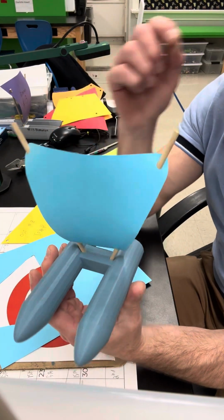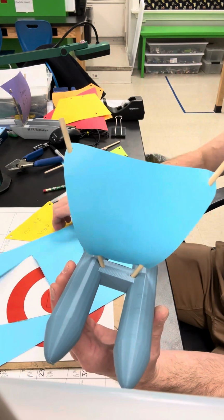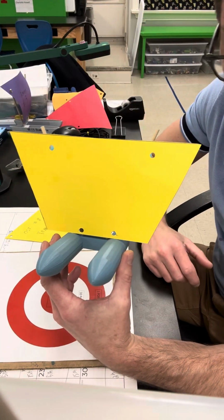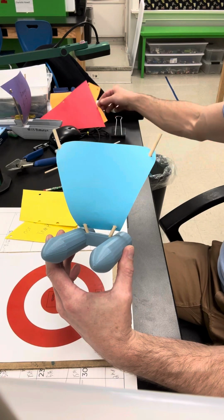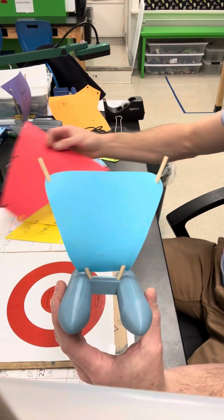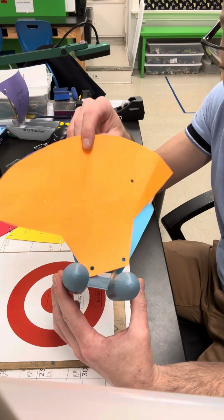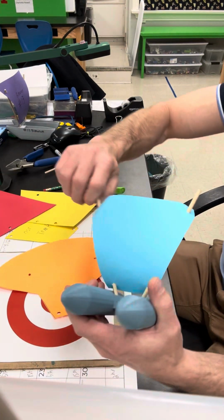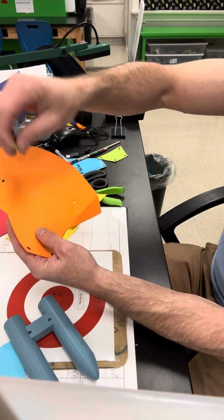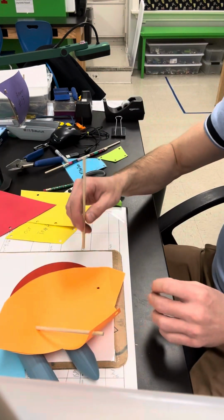Now, this is an exact copy of my template sail, but you are going to want to make lots of different sails. Sails that are maybe bigger. Sails that are maybe taller. Sails that are maybe bigger and taller. All of these sails I just showed you, by the way, they all work. Here, I'll show you. Just real quick, I'll pop this one out and I'll show you that this sail does actually work. So push it through the back, same with this one, through the back,